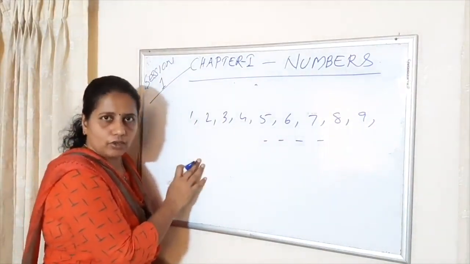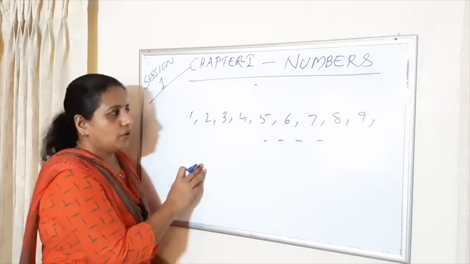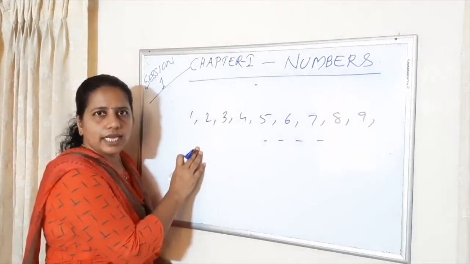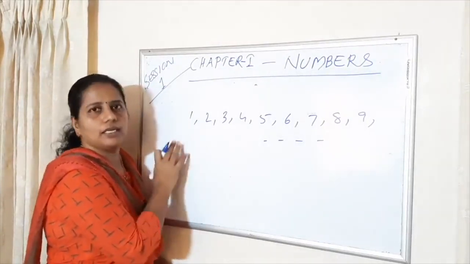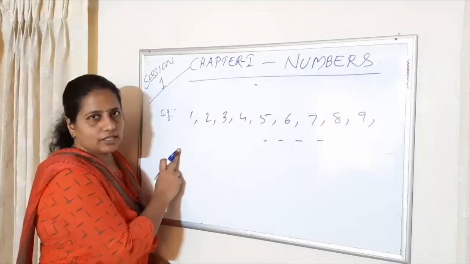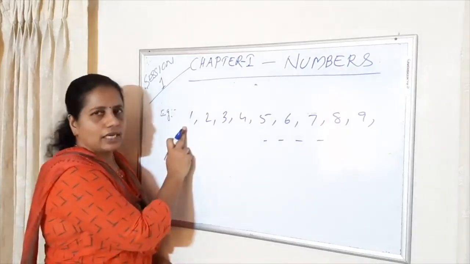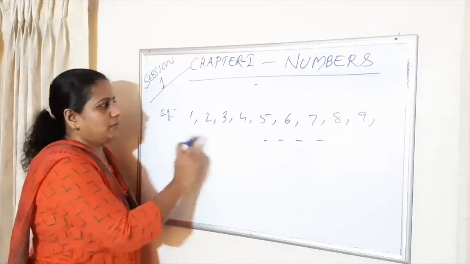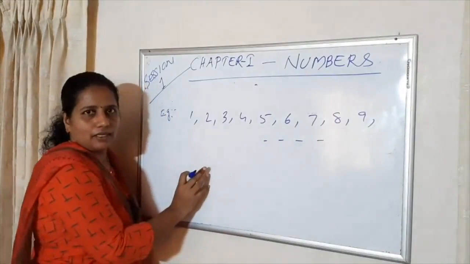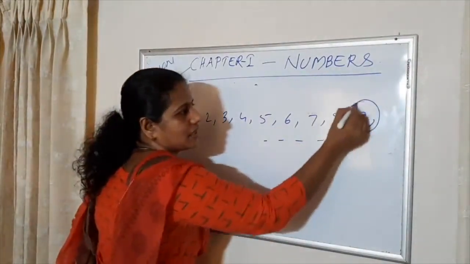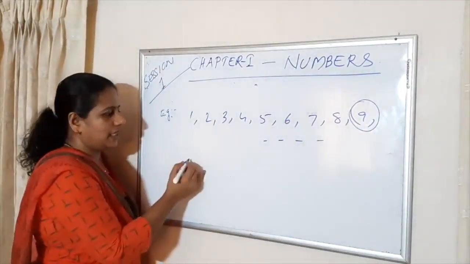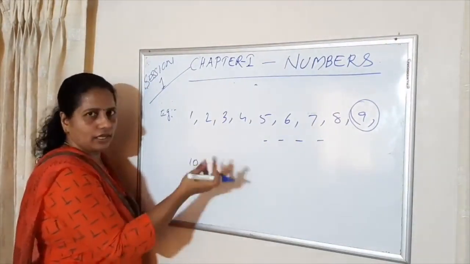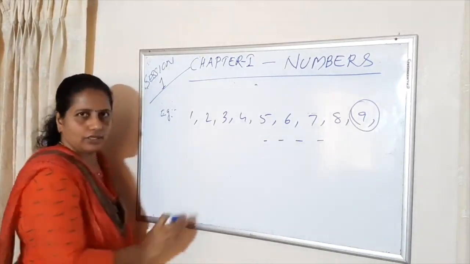Take your notebook and note it down. The numbers which we use to count are called natural numbers. Example, write this. 0 is not there. We are starting from 1. Clear? Next, tell me which is the greatest Hindu-Arabic symbol. Yes, it is 9. After 9, we are using the same digits, that is 10, 11, 12, etc. Okay, clear?